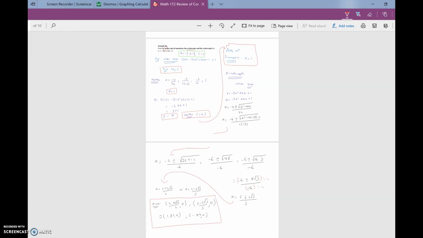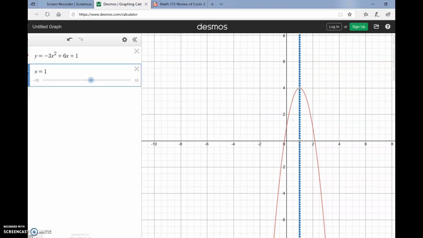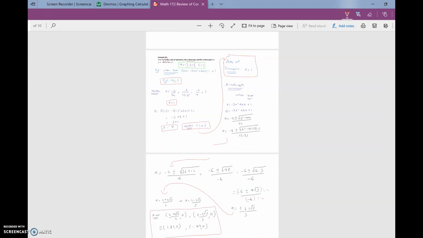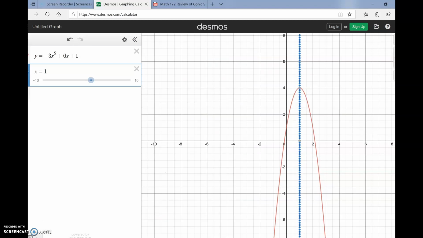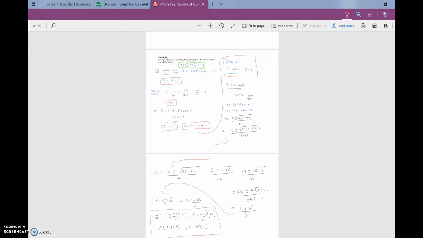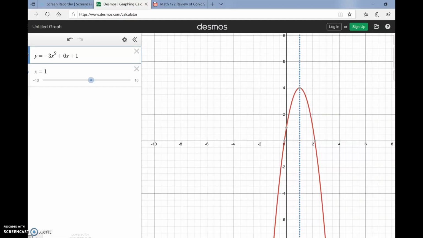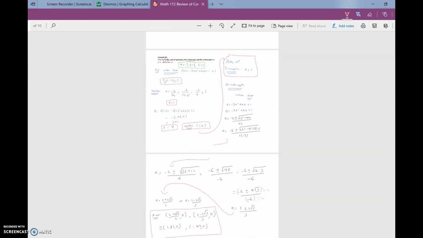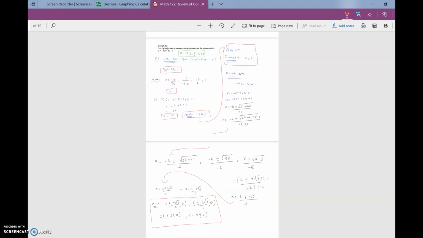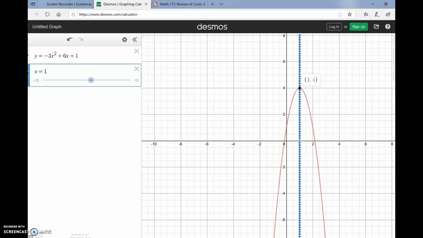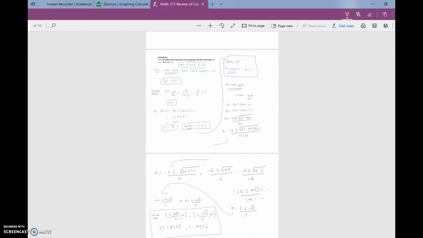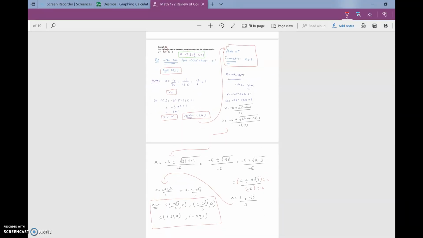So we found the y-intercept, actually wait, the y-intercept was (0, 1). So your y-intercept is going to be there. Okay, and then what else did we find? Axis of symmetry, x is equal to 1. So technically that's your line, x is equal to 1. The last one, vertex (1, 4). I think I already confirmed this one, (1, 4). And then the last one is the x-intercepts,